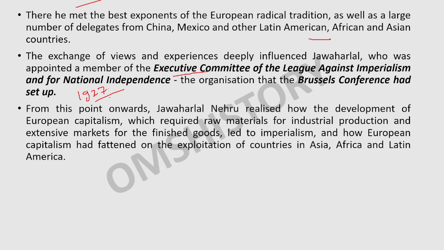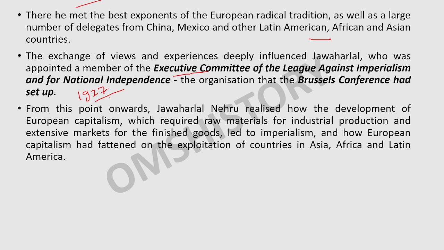One more thing, I know I will be digressing if I talk much about this league, but I just want to point towards the fact that the term league was a kind of sarcasm or